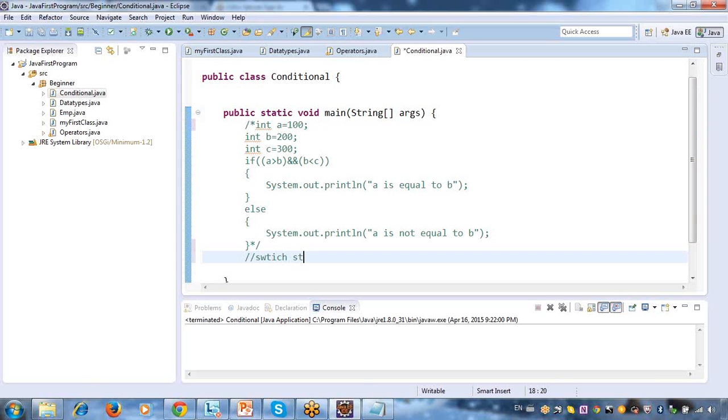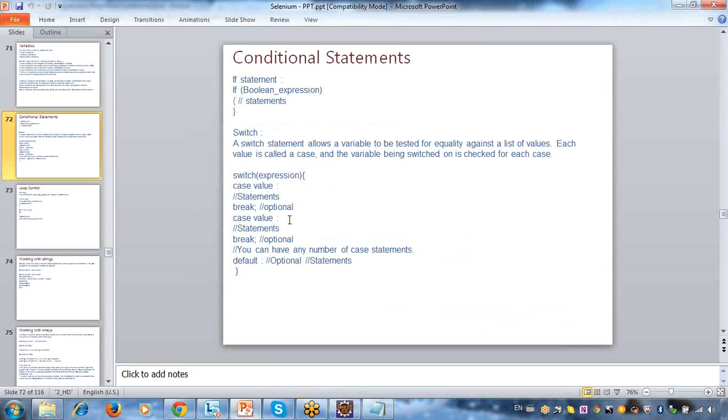The switch statement is nothing but, whenever you are having more than two conditions, you can use your switch case, and this is how the syntax looks.